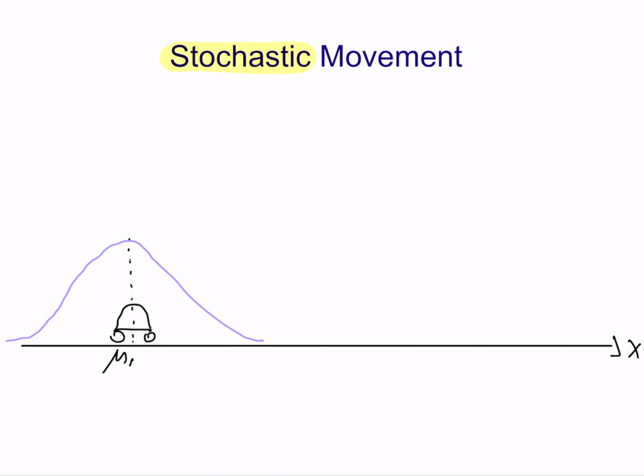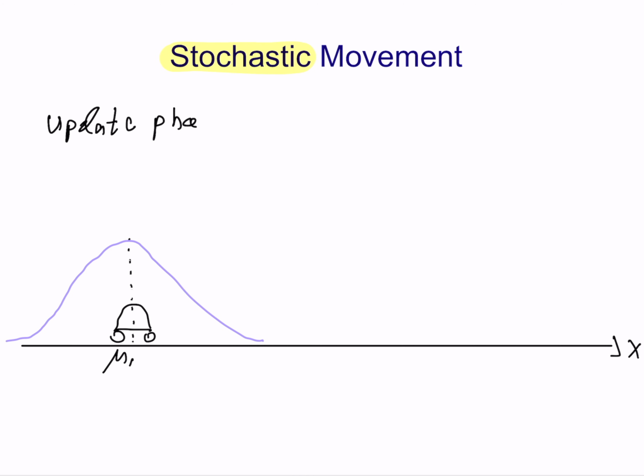So if you remember, in the last unit we talked about the update phase, how to multiply two Gaussians together to get a better accuracy, or a better Gaussian. Now we are going to deal with the move phase. So let's start with a simple example.